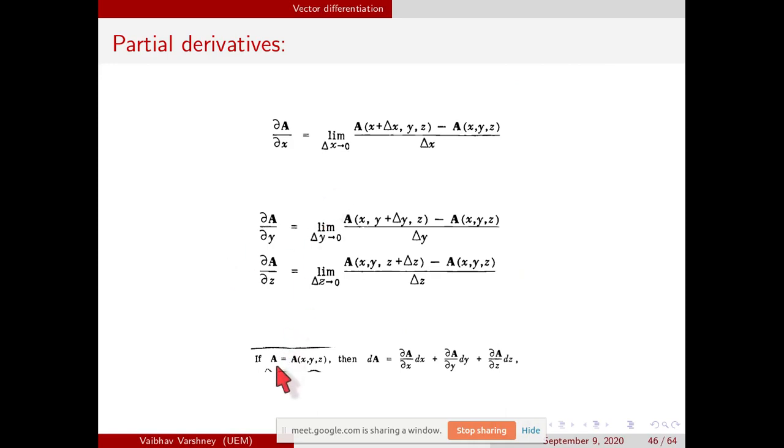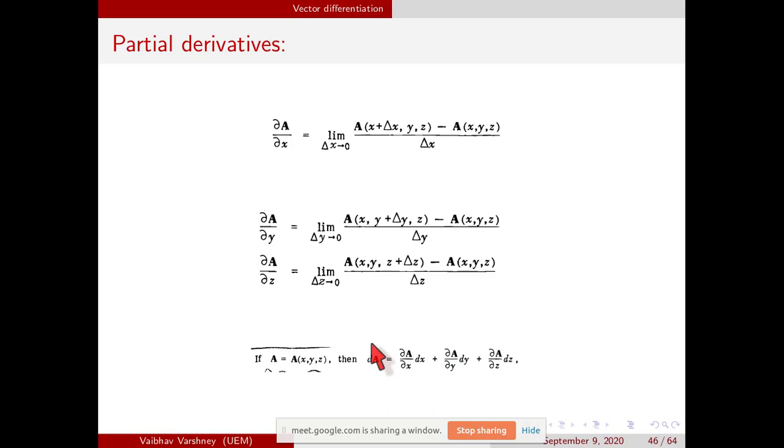Okay, if we have any vector a of x, y, z, then we can write the ordinary derivative of that vector, d of a, in terms of partial derivatives like this. This I have used also in a few questions. I told you that this expression you have to remember now every time. If you want to write d of a, you can write it as del a upon del x into dx, plus del a upon del y into dy, plus del a upon del z into dz. This is clear?